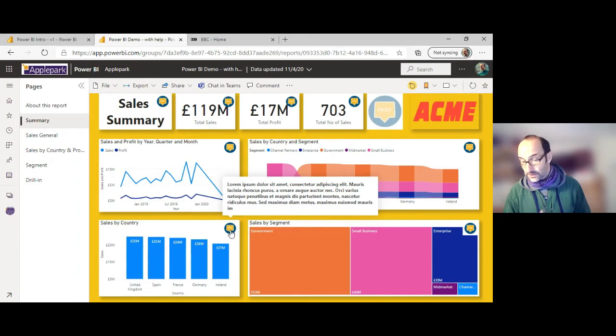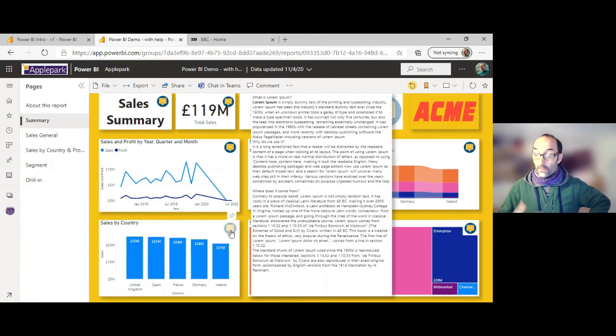Now, I was lazy and I just cut and pasted in some standard text, but this tooltip can be 250 characters long, so that's quite nice. But what else can we do? Well, when we click on the help for a specific visual, then again, I can bookmark that, and I could have a whole host of text coming up, a whole separate set of visuals, if you like.